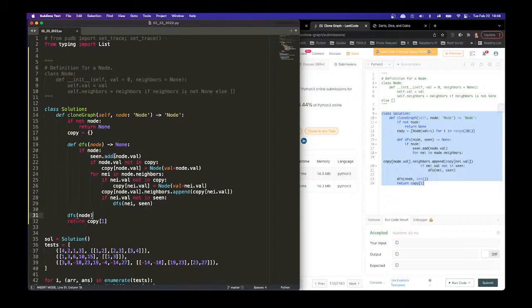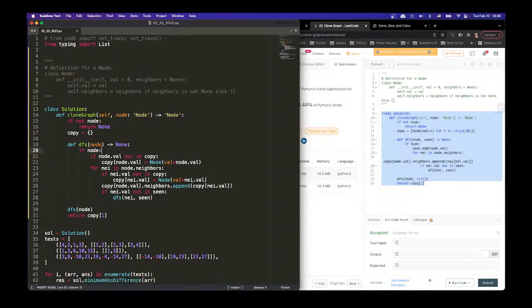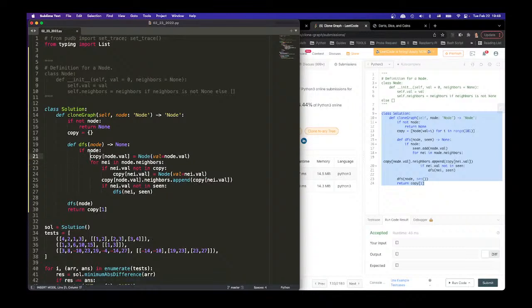And it's not seen, right? And then we basically just say, yeah, we don't need this. We just say if node.val is not in copy, we put it in, right? And if a neighbor is in this, then we never visit it again, which means we don't even need this. We always copy it, right? And then for everyone, and so on. And then we say,